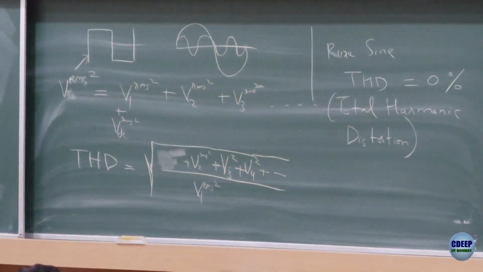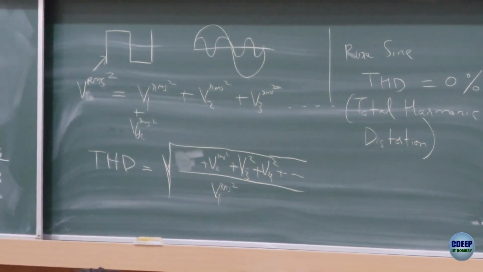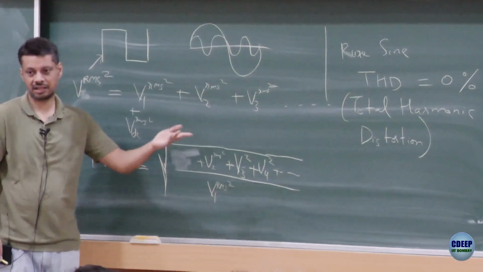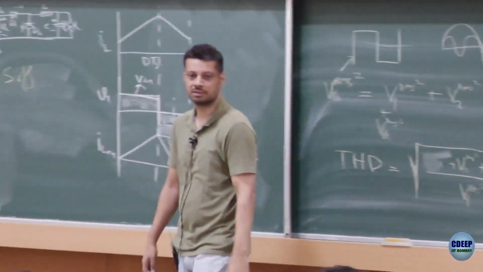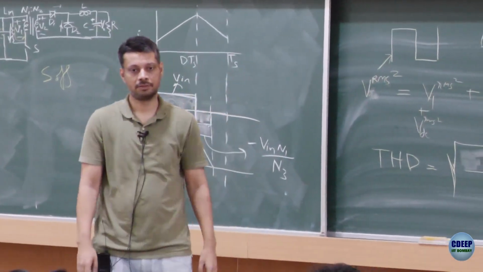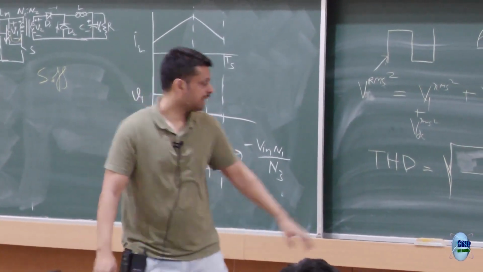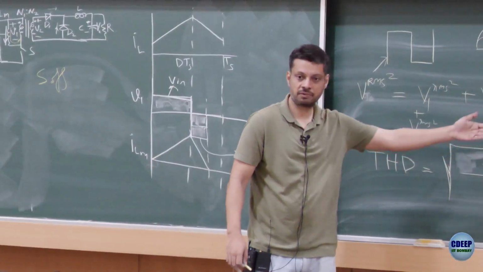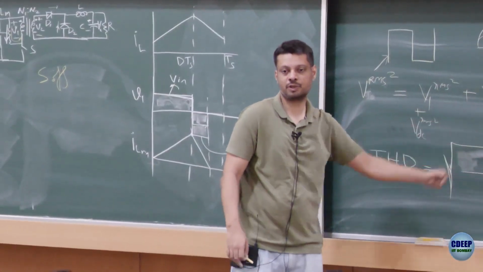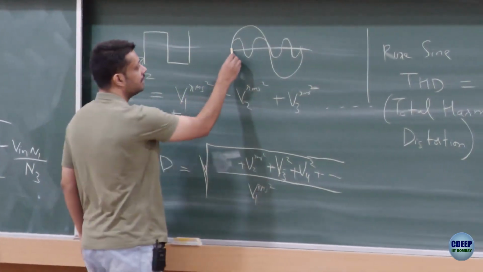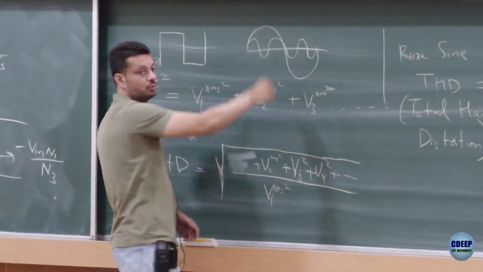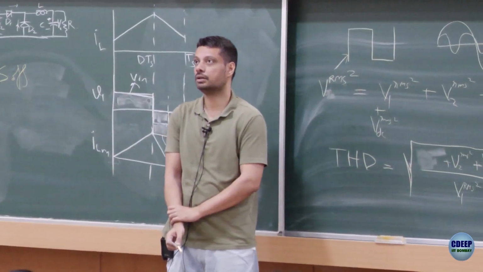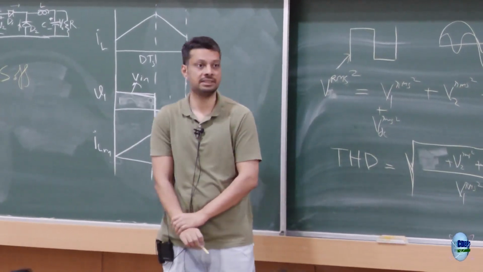Yeah, THD can never be greater than 1? THD can be greater than 1, why not? You may have the fundamental very, very small and the others may start dominating. You can have THD more than 1, no problem. Because in the numerator there is no V1, so V2, V3, V4, those can be higher. The fundamental could be small, and the harmonics huge. Theoretically it's possible. I'll give you an example where you can actually see these values, right?